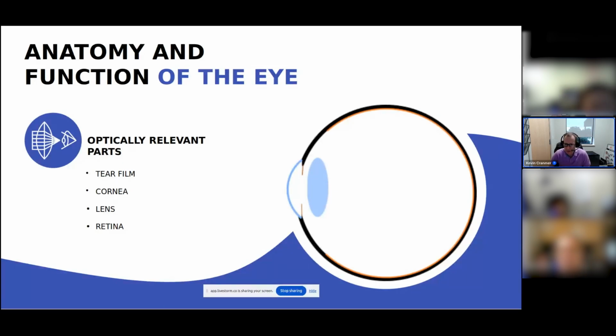Behind the lens, inside the eye and wallpapering the inside of the eyeball, is the retina. And the retina is a very thin, about 0.5 millimeter thick layer of nerves that provides the sensing power of the eye. And so when the light is focused on the retina, and most particularly the macula and the fovea, which are the central parts of the retina,